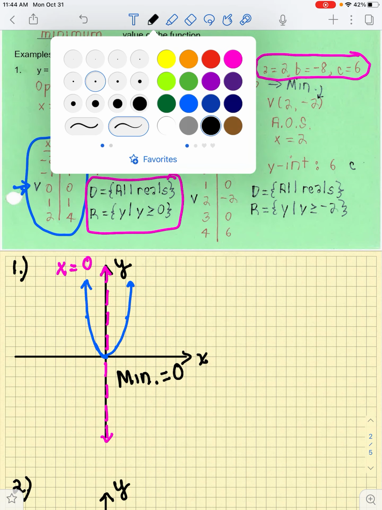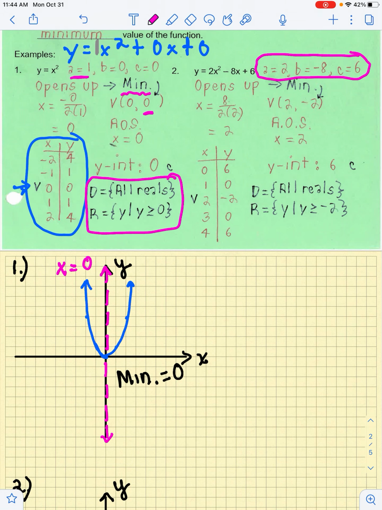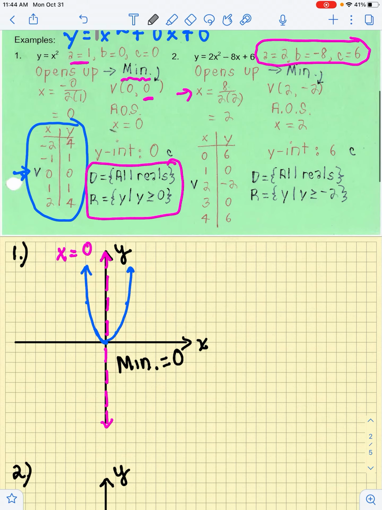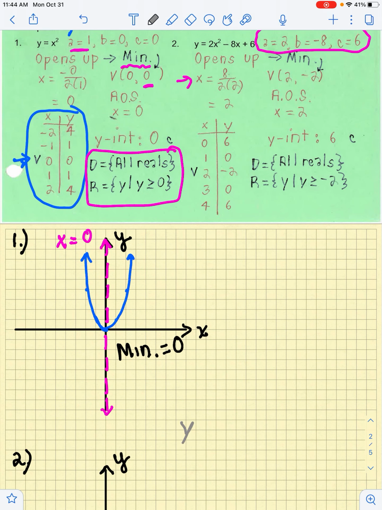And we have taken the opposite of b, so the opposite of -8 is 8, over 2 times a, 2 times 2 is 4, so that means the x-coordinate of our vertex is 2. If we plug that in for y, we can do that very easily, and I'll show you that here. So y equals 2 times 2 squared